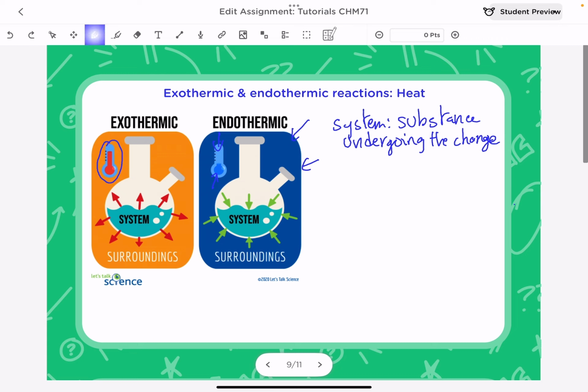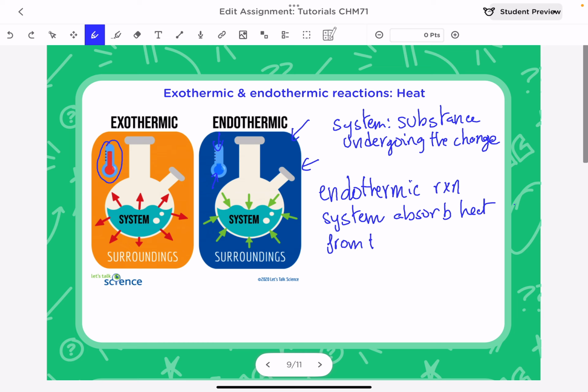So the first thing here, in an endothermic reaction, the system absorbs heat from the surrounding and the temperature of the surrounding will decrease. So if I'm touching the beaker where the change is happening, it feels cold to touch because the